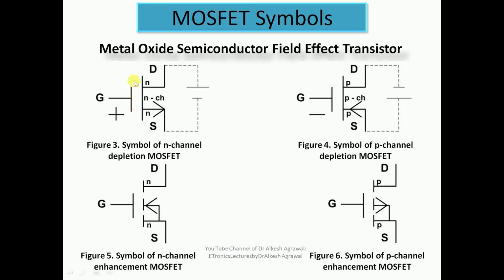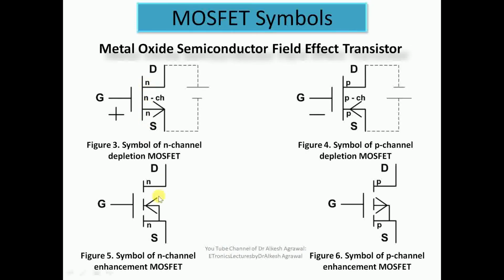Here you can see we have one layer, a gap, and the second layer. So we have a metallization for the gate. Then here we have the drain region and the source region, and we have a continuous line, which shows that there is an inbuilt channel. So this is the N channel. We have an N type drain region and an N type source region, and an N channel in between, which is continuous. So the channel is inbuilt.